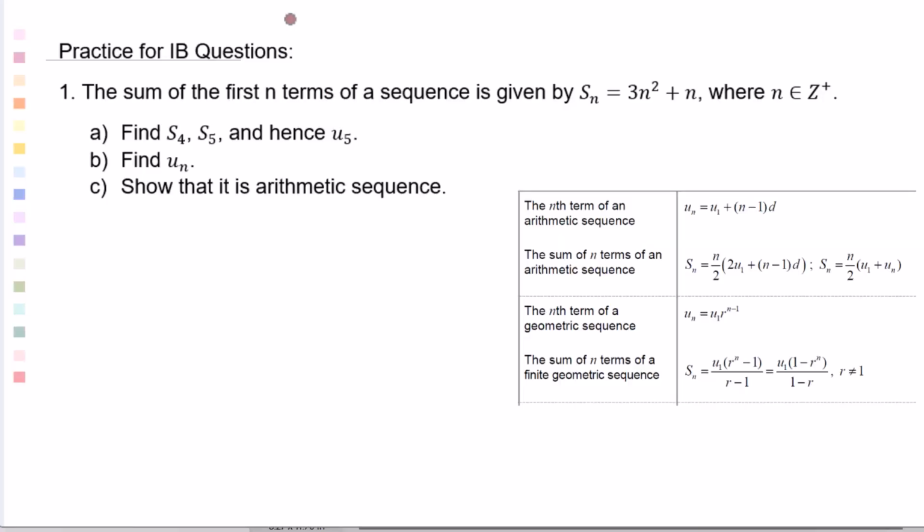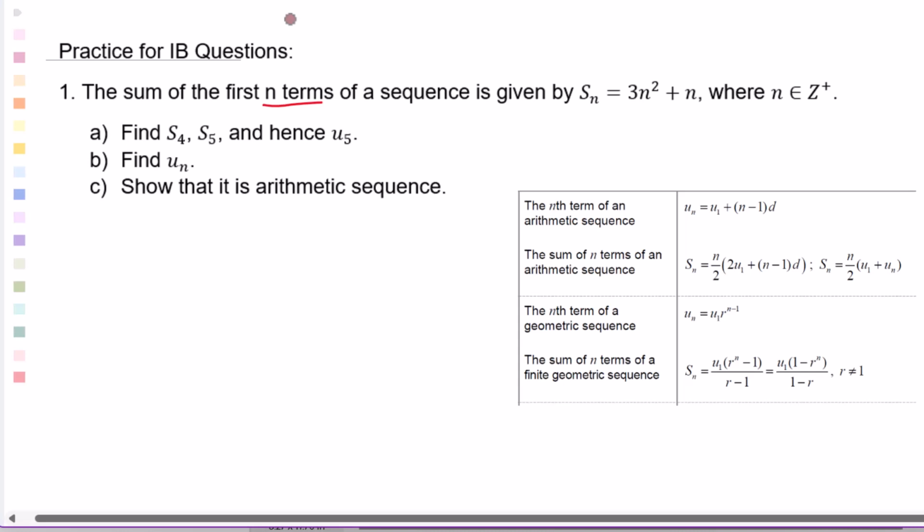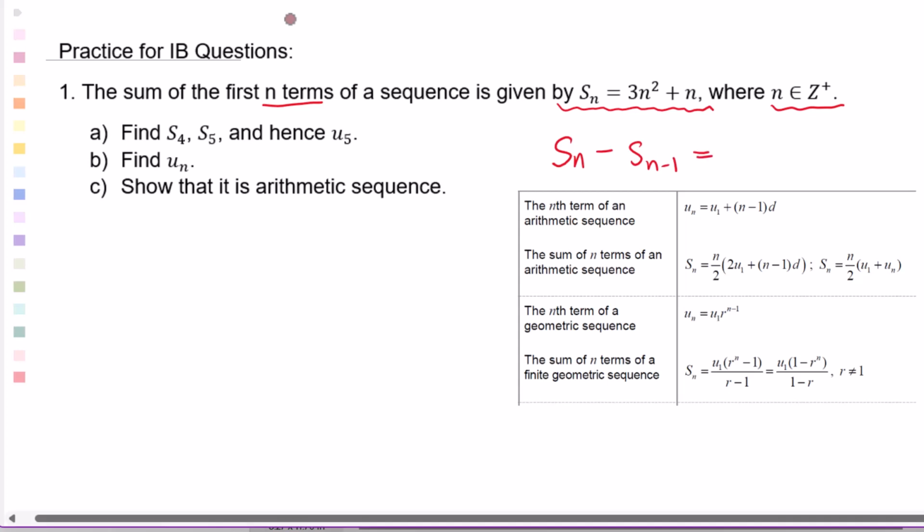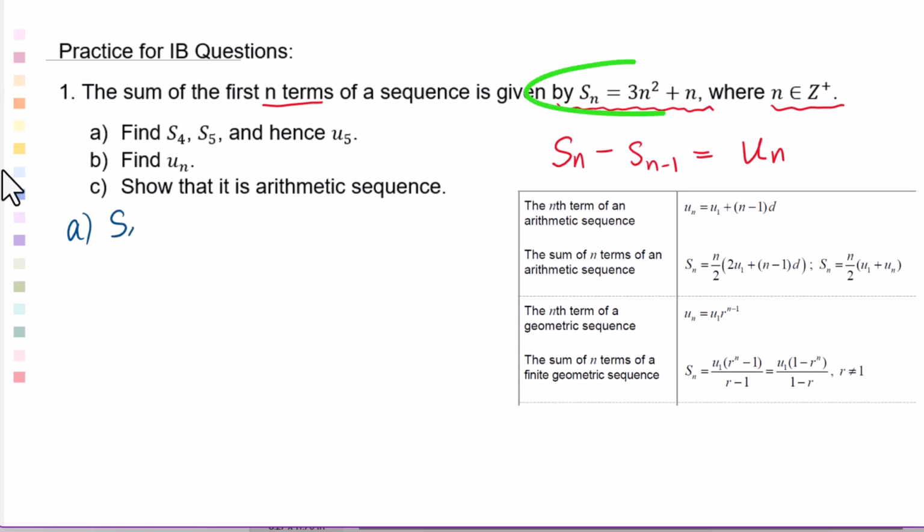The sum of the first n terms of a sequence is given by s sub n equals 3n squared plus n, where n is natural numbers. Find s sub 4, s sub 5, and u sub 5. We do know s sub n minus s sub n minus 1 equals u sub n. For s sub 4, we will use this formula: 3 times 4 squared plus 4